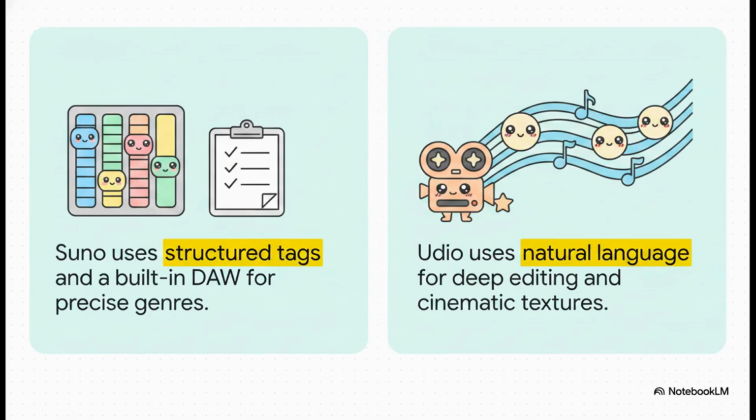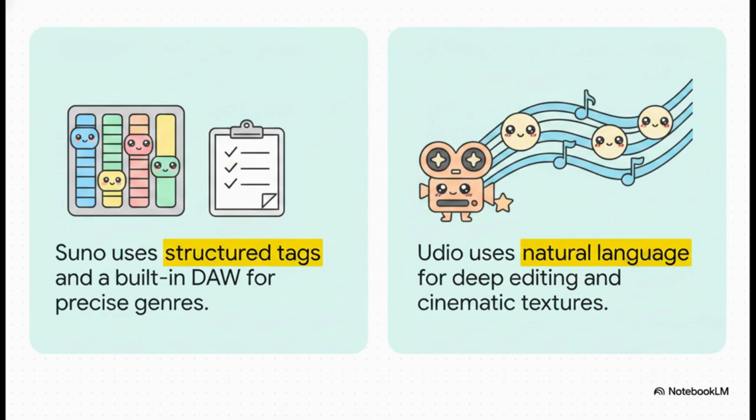And it is absolutely crucial to understand that Suno and Udio aren't just identical competitors. They're tools built on totally different foundational logic. Let's break it down. Suno is highly structured. It thinks in terms of spec sheets and tags. It actually has a built-in V5 digital audio workstation, or DAW, and it is incredibly reliable for nailing vocals and